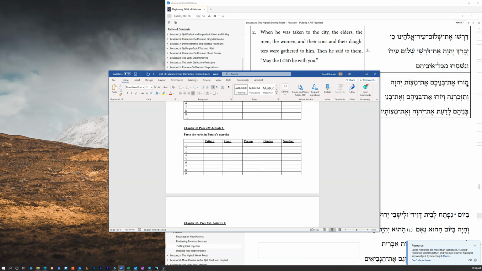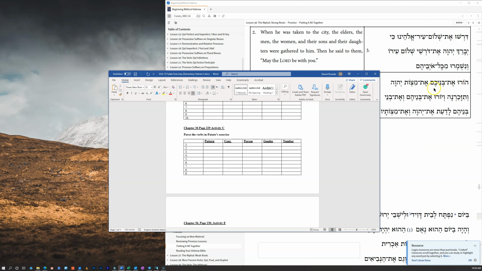Okay, do we have a perfect? Or do we have an infinitive? What are my indicators either way? If this were infinitive, how would it look different? I think these might be identical forms. Let's go check. I'm going to say perfect